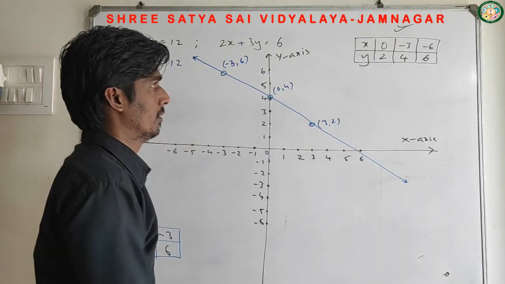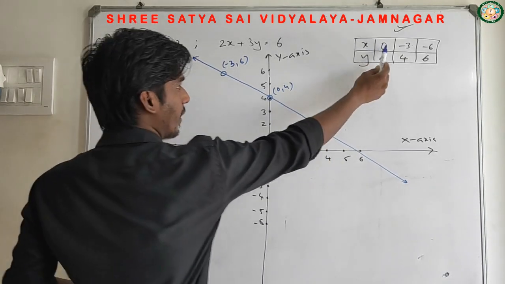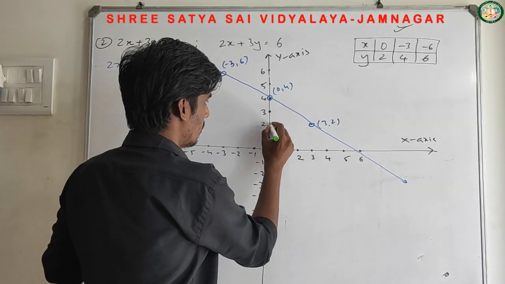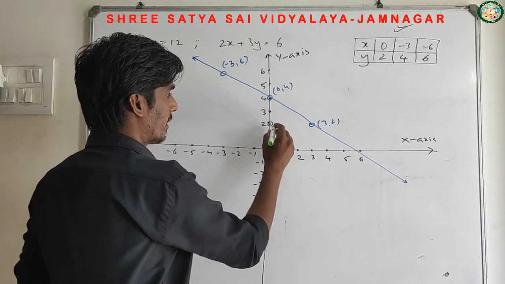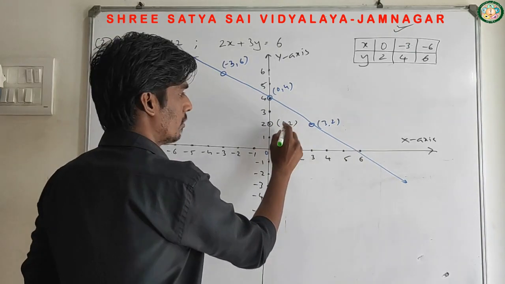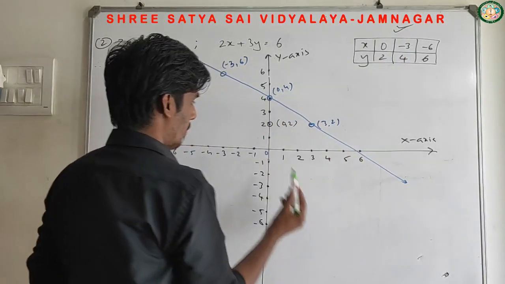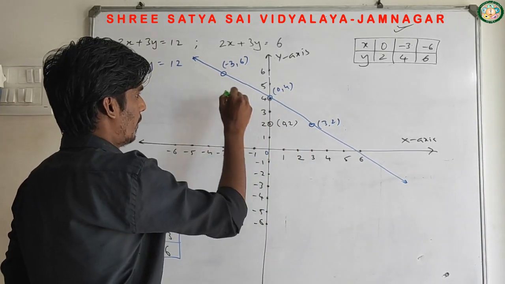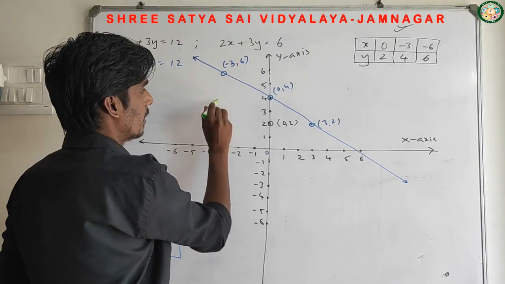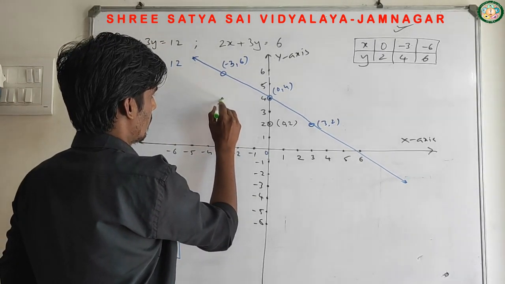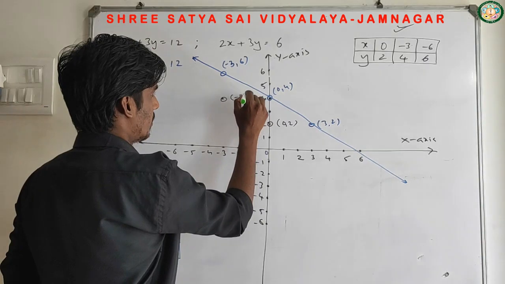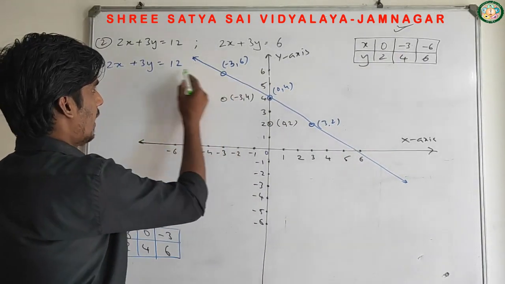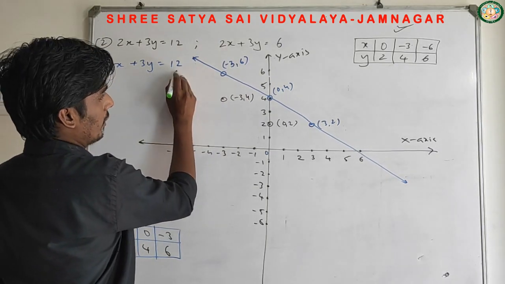Now let's plot this other table. 0, 2. 0 of x-axis, 2 of y-axis. So this is the point 0, 2. Minus 3, 4. Minus 3 and plus 4. So here minus 3 plus 4. It's somewhat here. Minus 3 plus 4. And last one, minus 6 and 6. Minus 6 and plus 6. If I take an approximate value somewhere here,